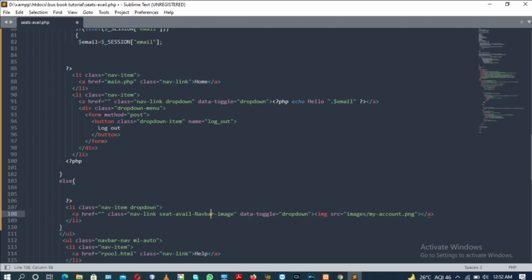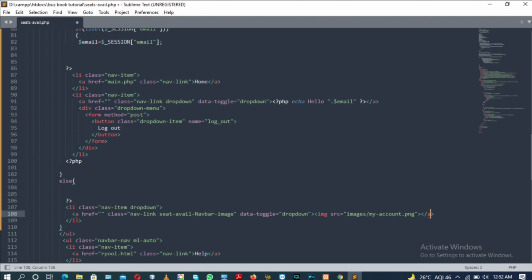This class is for providing the styling to the image that we are providing inside the navigation bar with the name myaccount.png.